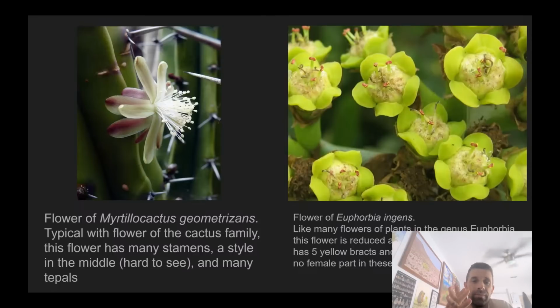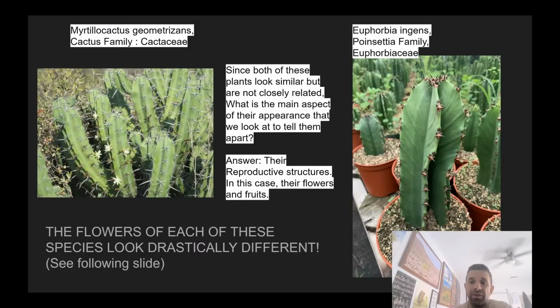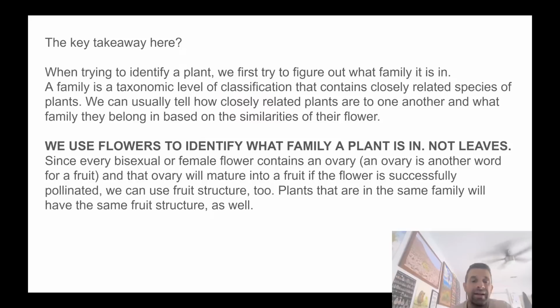Just a whole other ballpark, a whole other arena. Those flowers don't look the same. Okay, there are also differences. You can look at the spines. The spines on a cactus are leaves. The spines on a euphorbia are stipules, which are just little bracts that protect the leaves. Okay, the key takeaway here is that when trying to identify a plant, we first try to figure out what family